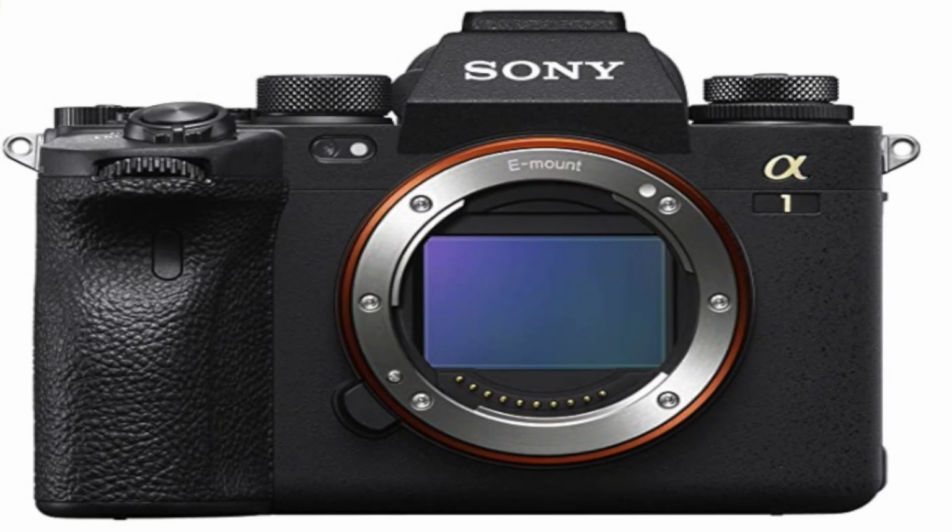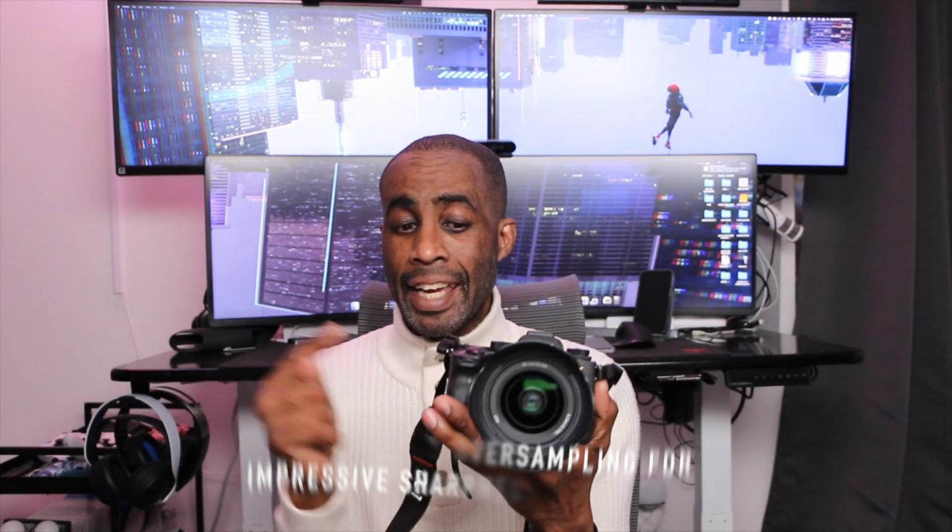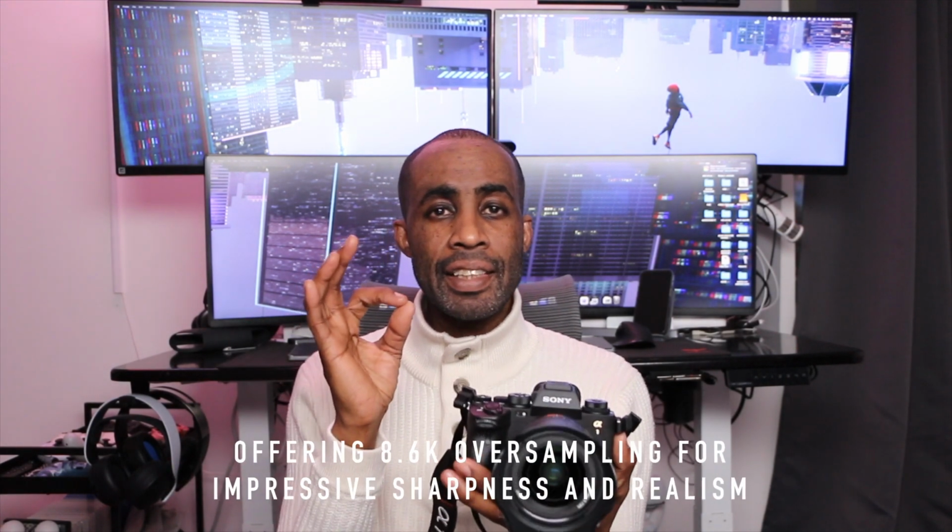Let's take a look. Okay, so let's see what all the hubbub is about. Now this is the Sony Alpha 1 camera. This is going to be a really good aspect. Now this will bring you 50 megapixels full frame CMOS sensor with a Bionic XR chip, which means you're going to get brilliantly fast autofocus. The sensor is going to enable a plethora of different options that you're not able to. Now they say this is 8K, but it essentially